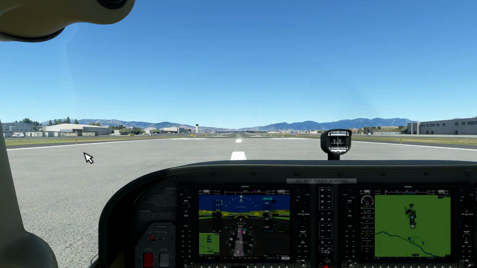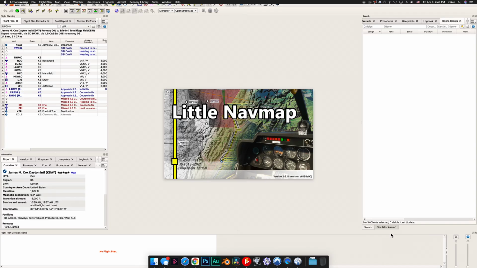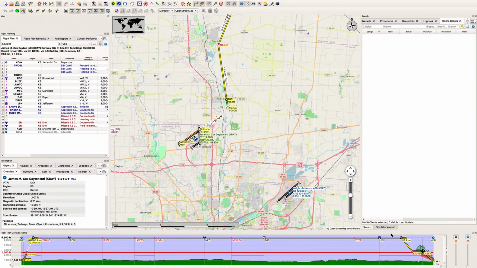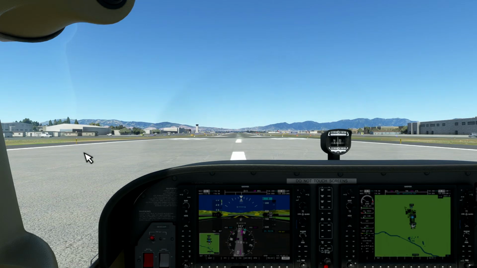If you're unfamiliar with this wonderful navigation utility, I'd highly recommend watching my 3-part series on using the application. It's linked in the description. It's not required to carry out the navigation functions that are illustrated in this video, but it's certainly worth checking out to make your life easier in the sim, and hey, it's free. Additionally, you'd be well served to watch my video on navigation using a VOR, and that video is also linked